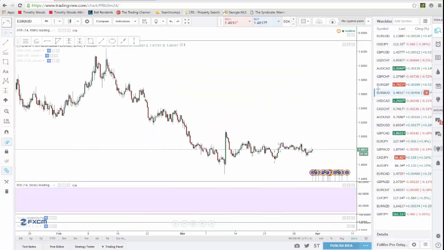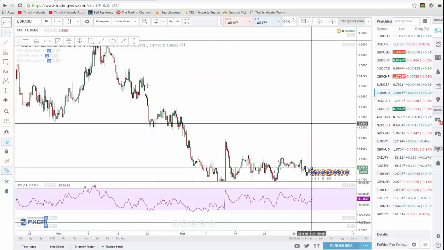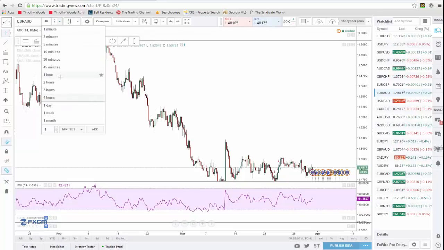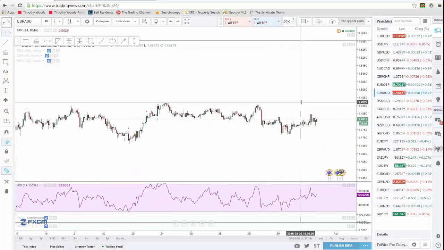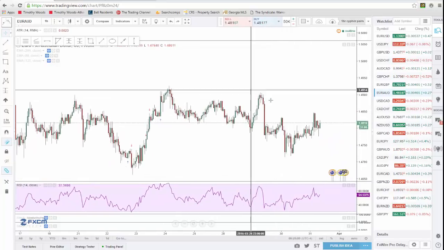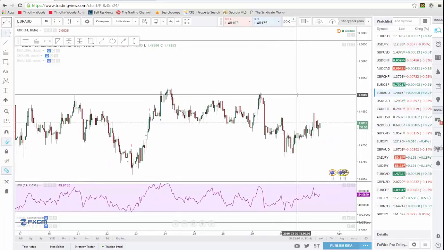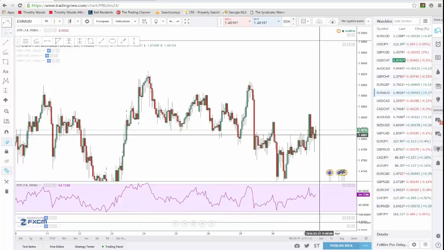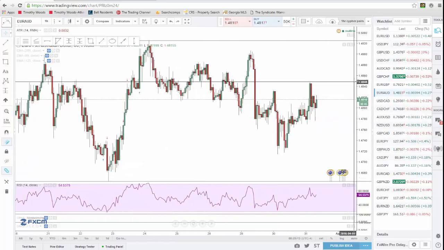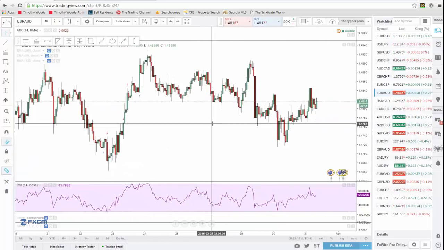Next up, Euro Aussie. Let's go back down to the 1 hour chart. And just so you guys know, I always start on the 1 hour chart. I look for trade opportunities here, and then I look to confirm those trading opportunities with higher time frames, going up from 1 hour to 4 hour and eventually the daily charts. Here on the Euro Aussie, I see a couple of advanced patterns, and I'll also go ahead and show you an advanced pattern that we won on this morning.